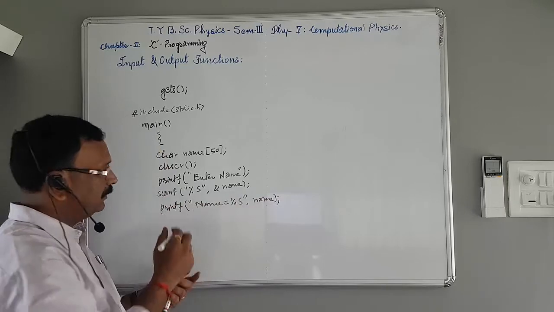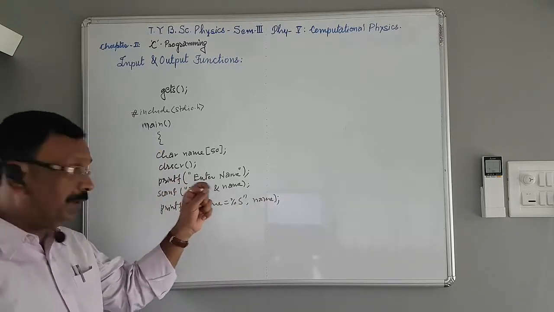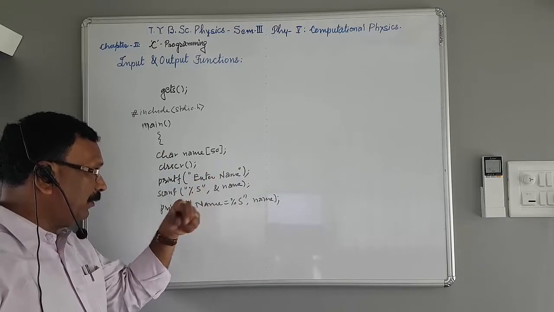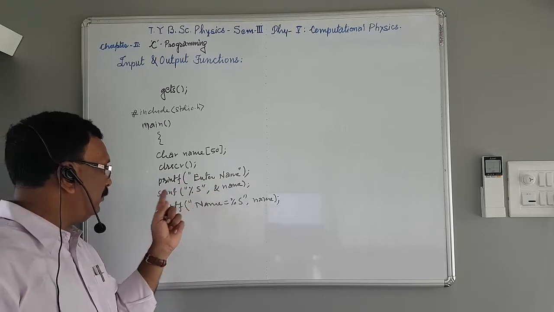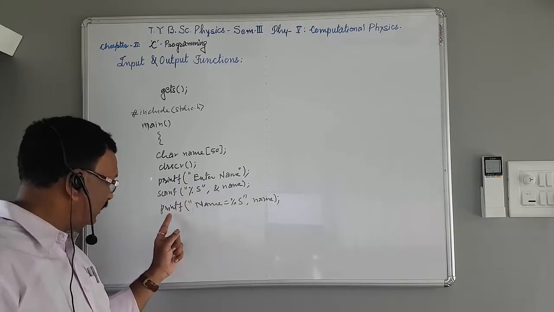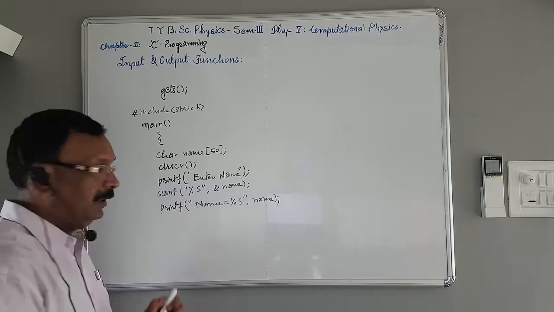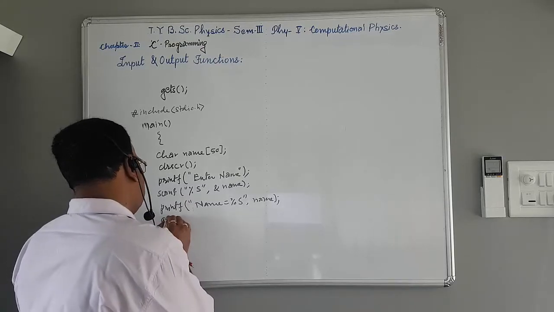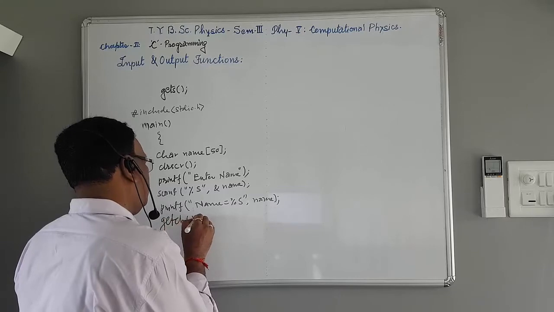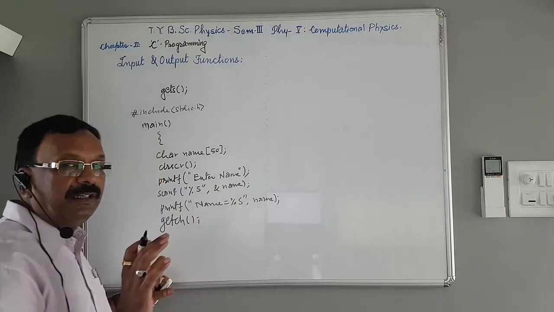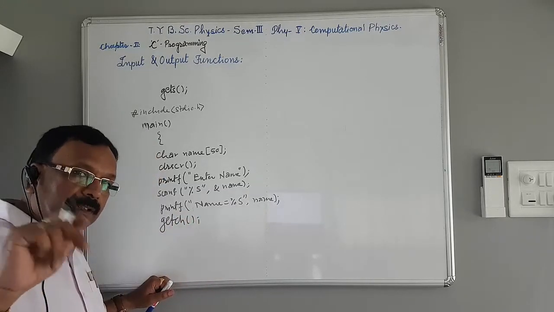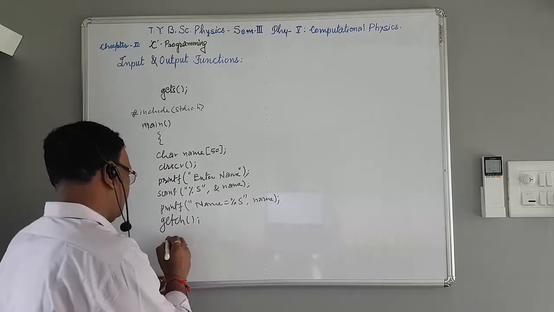Through this statement, we can enter the data through the keyboard, and the data we enter can be read by the computer through this statement, and through this statement the computer displays the data after execution. And getch(): this function holds the data on screen until we press the next key.